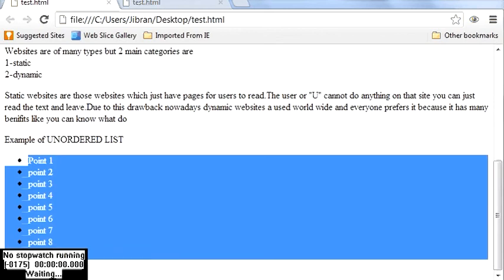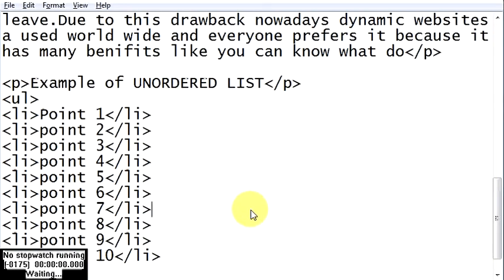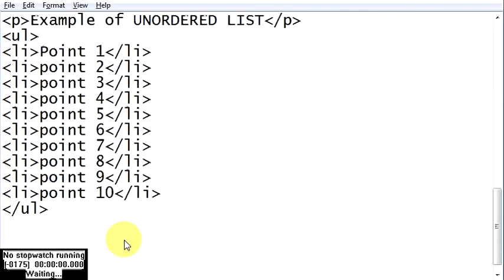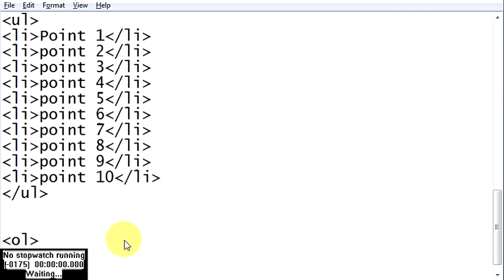Likewise you can make use of an ordered list. Again it's the same. It begins with OL, ends with OL like this, and in between it also has the same LIs, opening and closing.